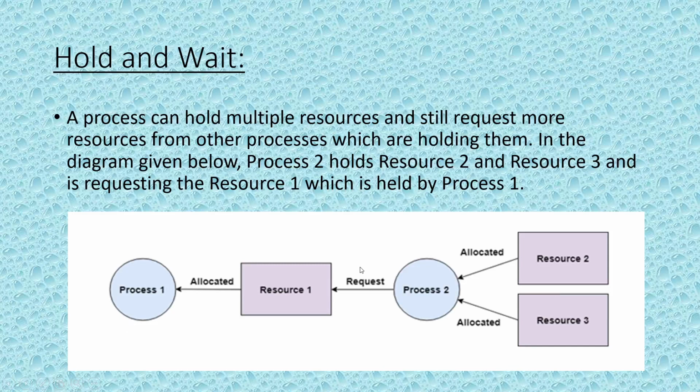Here, for the system to work smoothly, process 2 should get resource 1, but here resource 1 is not completely executed by process 1. So this will lead to a deadlock situation. If there is no hold and wait, then there will be no deadlock in the system. Next one,